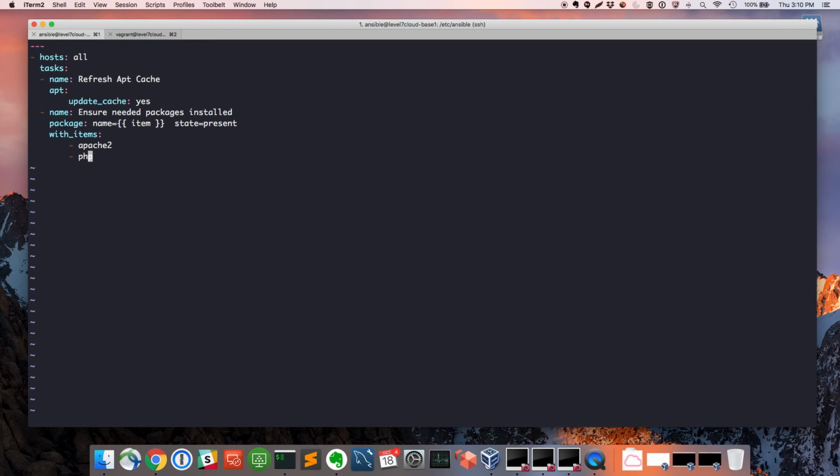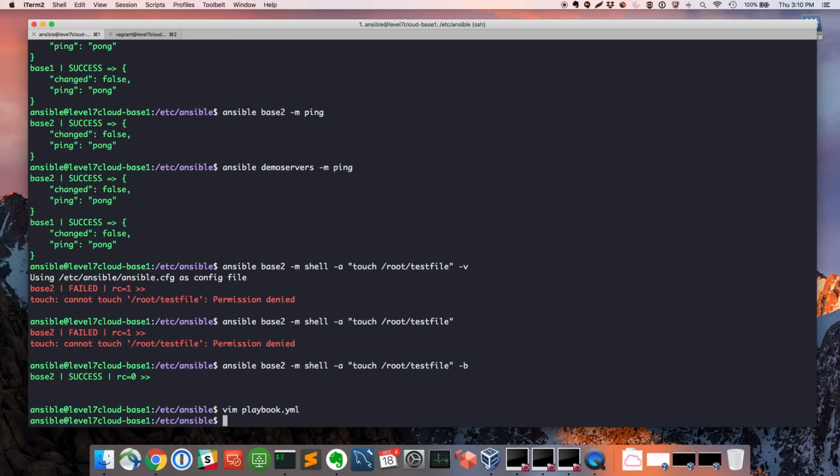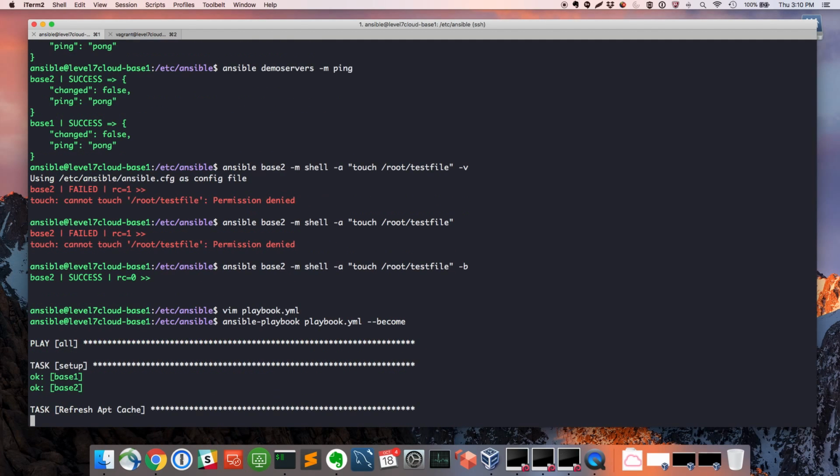So here we're going to save this playbook that we have here. And next we're going to run that playbook. And as we did with the individual Ansible command, for the playbook command we're going to specify become, because you need to be a privileged user in order to do the apt cache clear or update and to install packages. By default, it will execute this against the hosts that are defined in the playbook. If I wanted to, I could run a limit and then base 2, and it would only run that playbook on the second server. And we'll take a look at that in a second here. But I'll run this playbook here